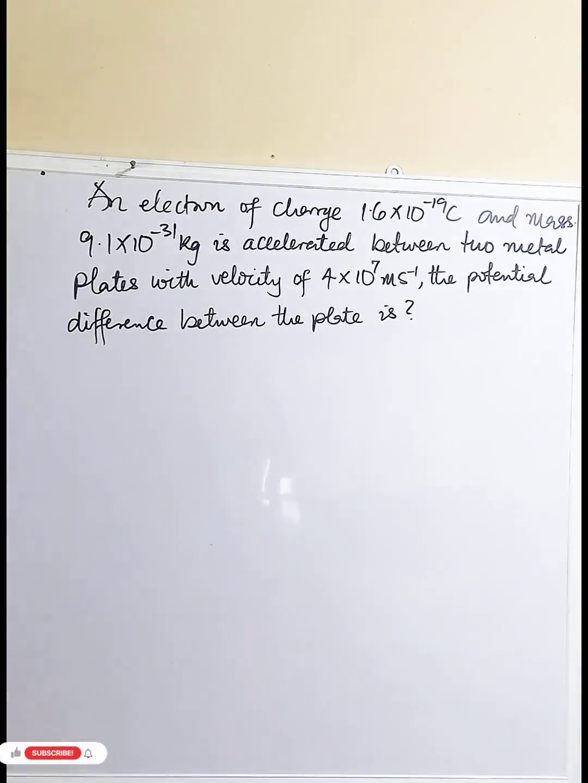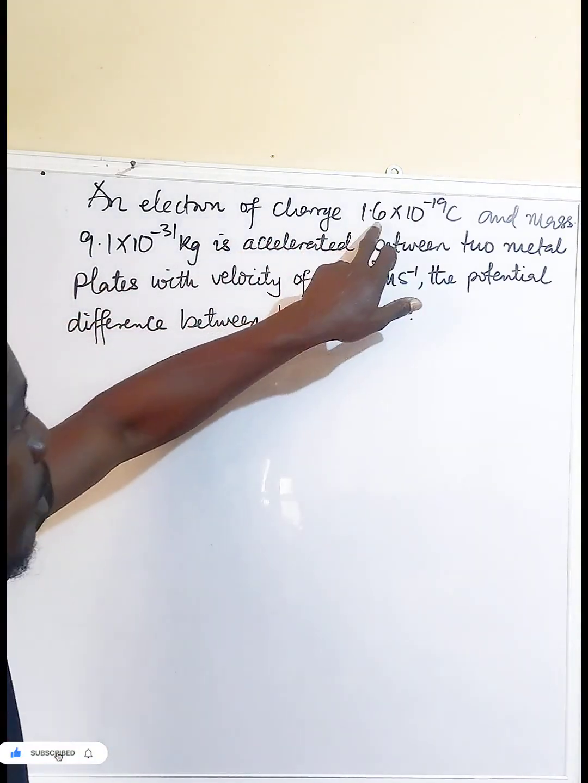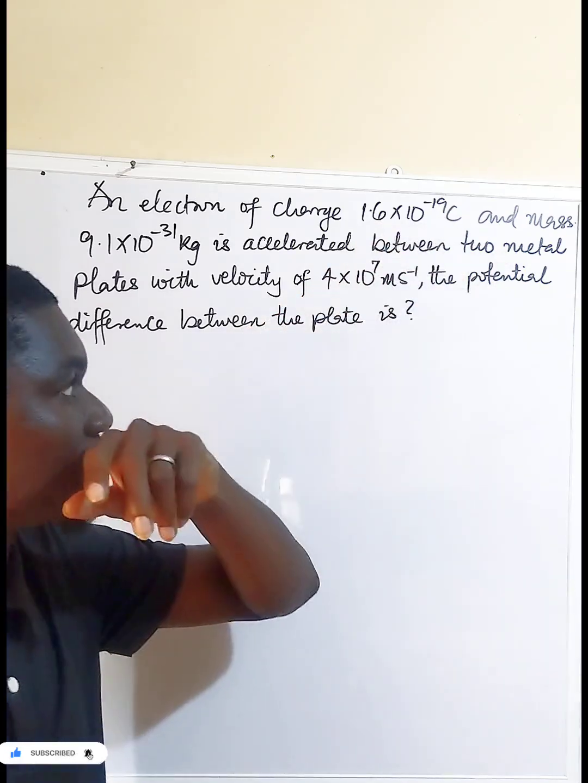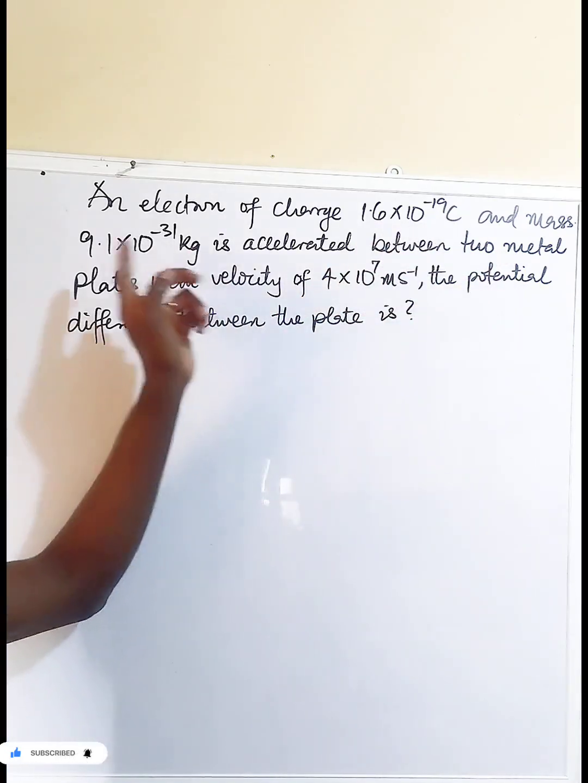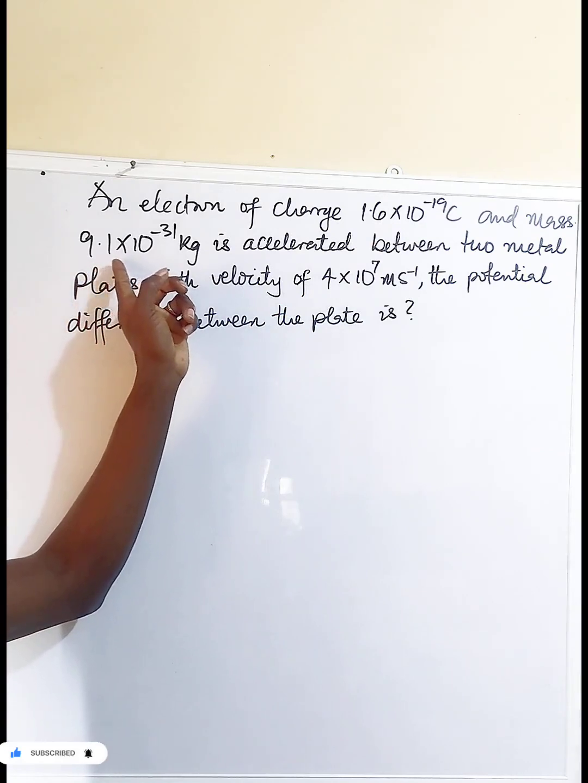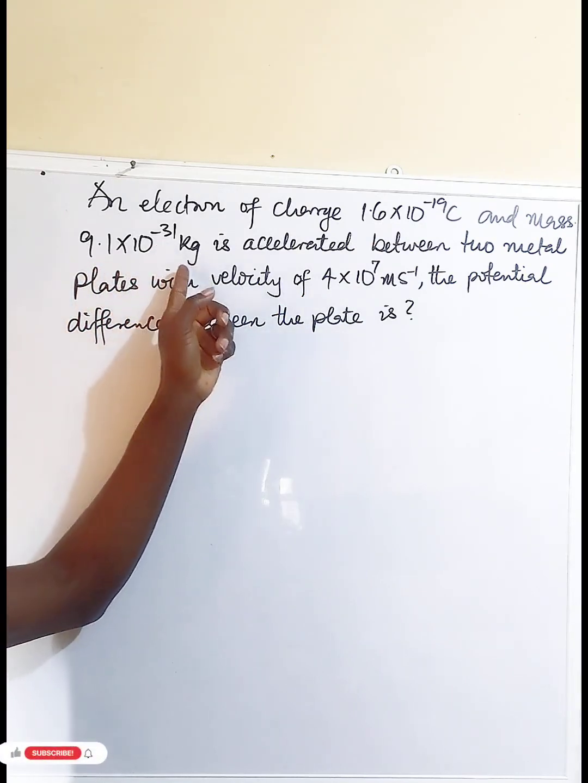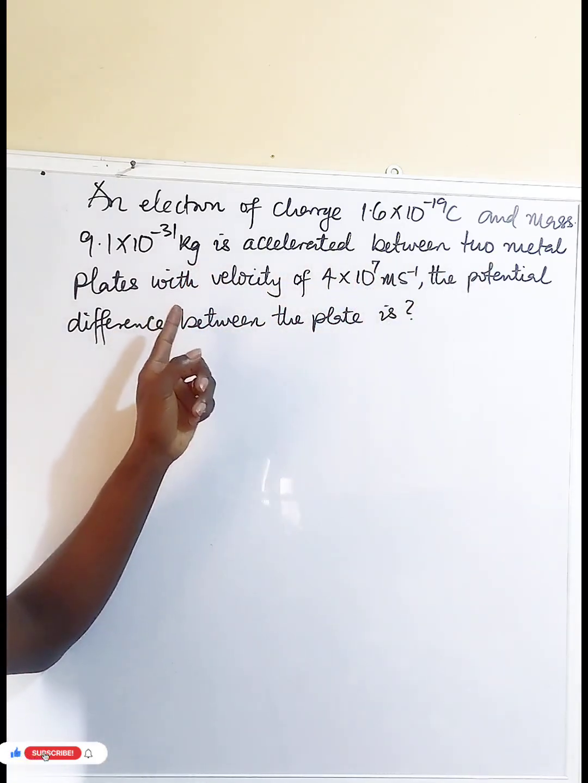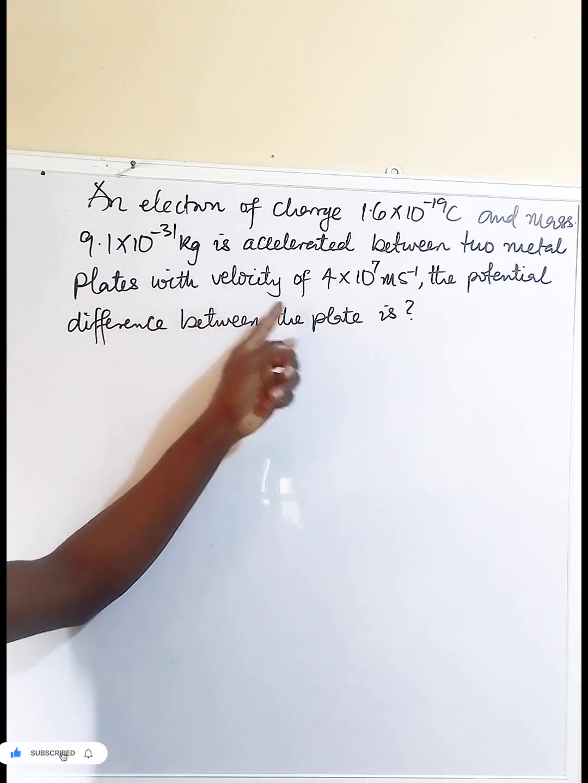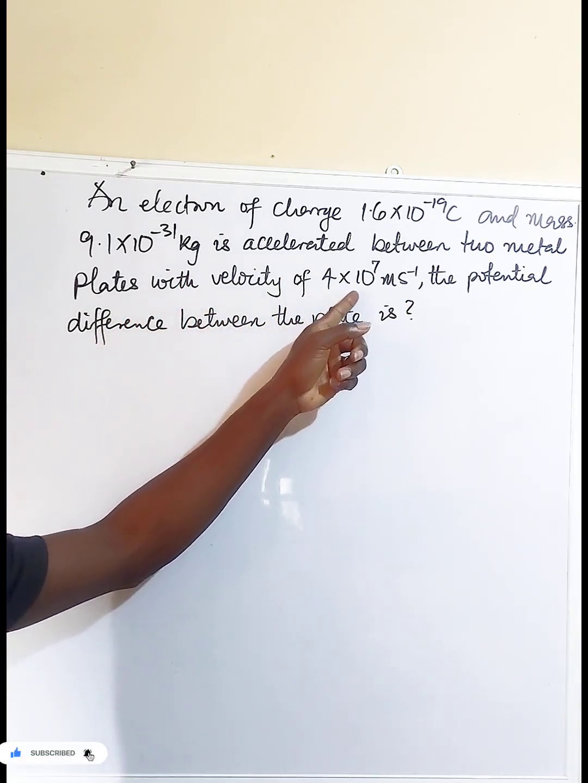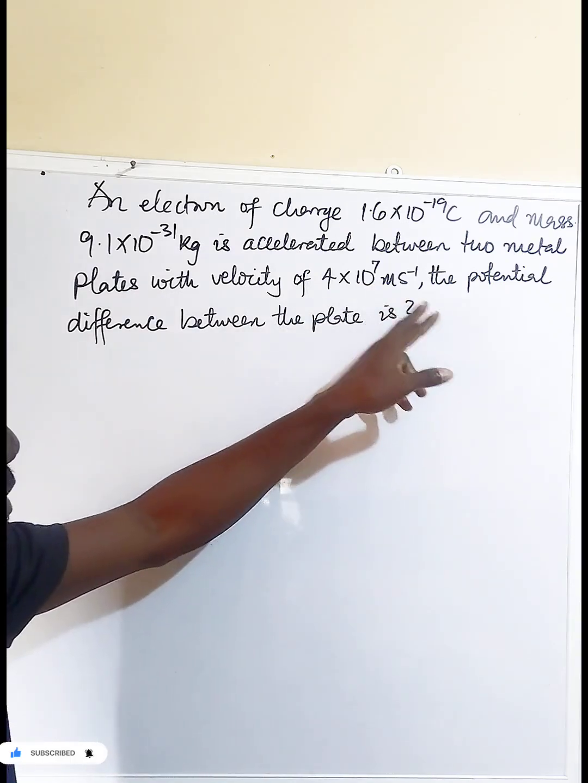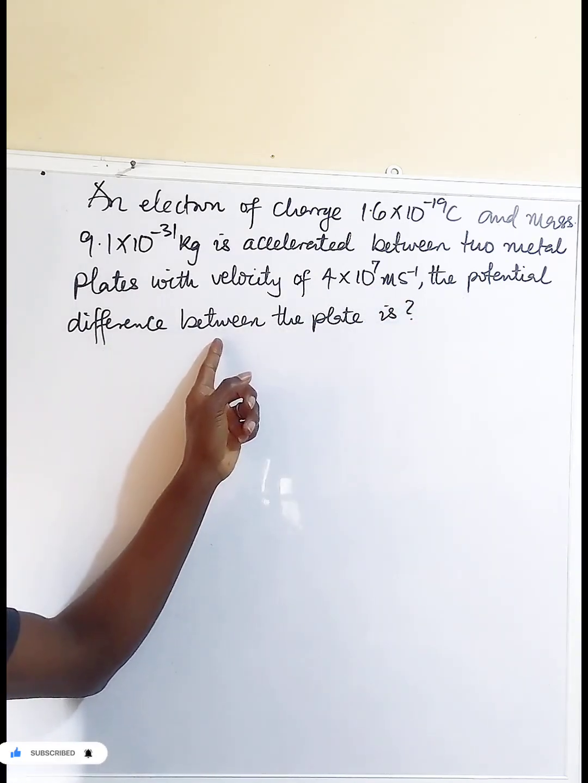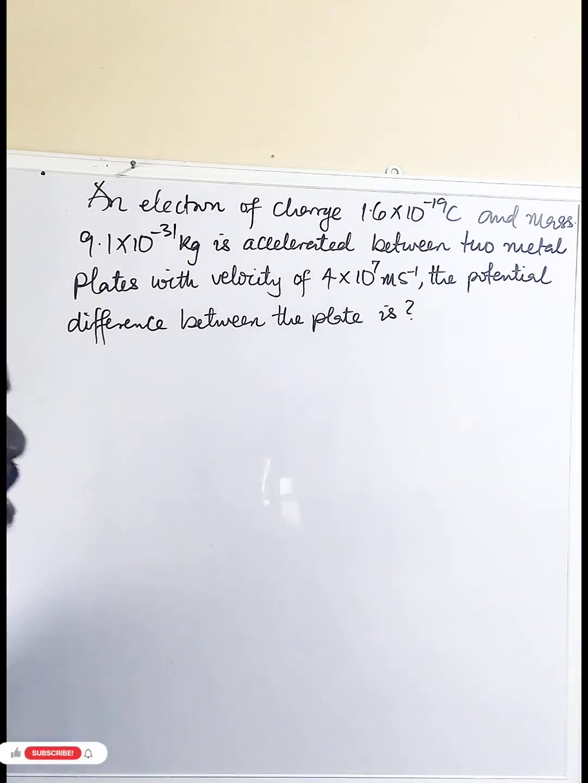Now let's look at this question again. It says an electron of charge 1.6 times 10 to the power of minus 19 coulombs and mass 9.1 times 10 to the power of minus 31 kilogram is accelerated between two metal plates with velocity of 4 times 10 to the power of 7 meter per second. Now the potential difference between the plates is,